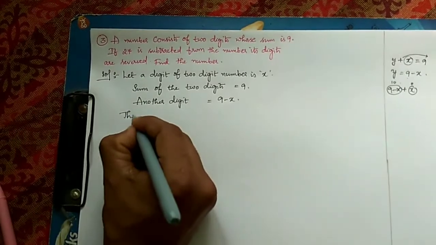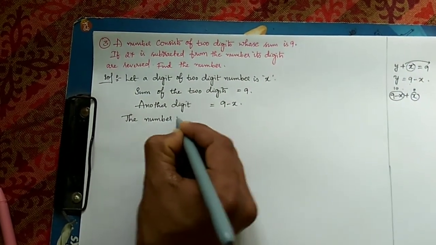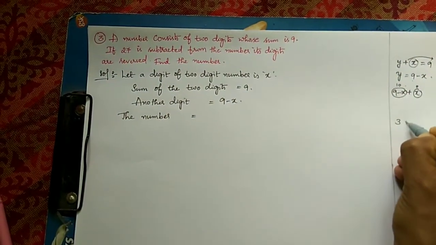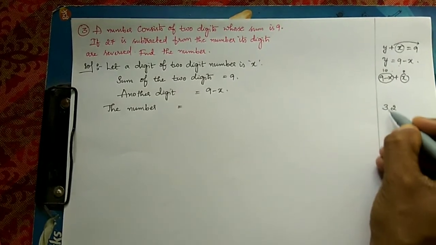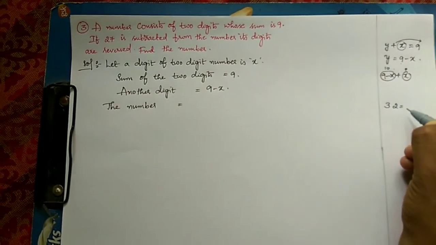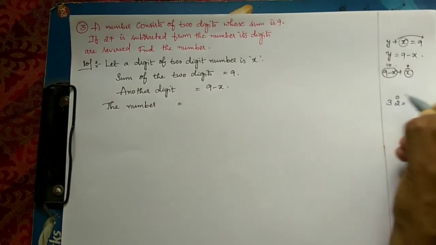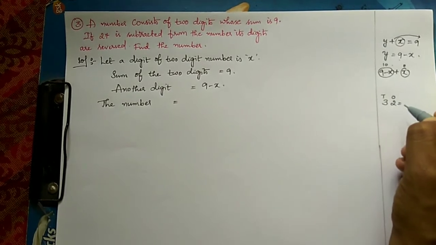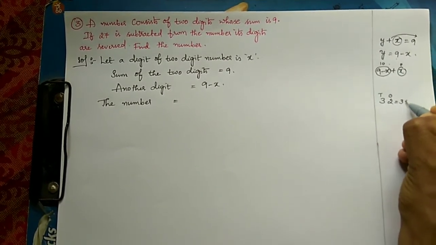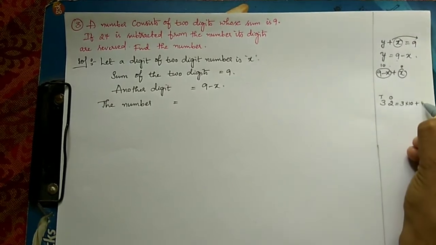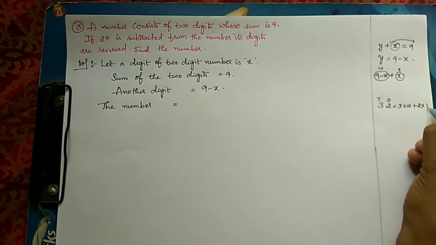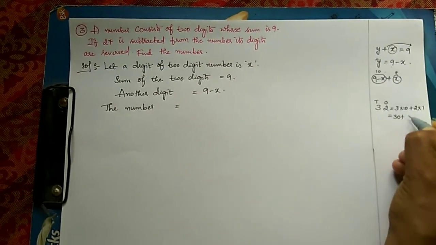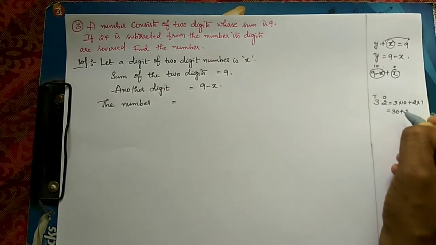Now we can find the number. I write this in expanded form. So let us take one example. 32 is the number. From this 32 we can write the expanded form. How can we write this in expanded form? 2 is in ones place and 3 is in tens place. So to write 32 in expanded form, it can be written as 3 into 10 plus 2 into 1, because 2 is in ones place so we multiply with 1, and 3 is in tens place, so this becomes 30 plus 2. So this is the method we use in expanded form.